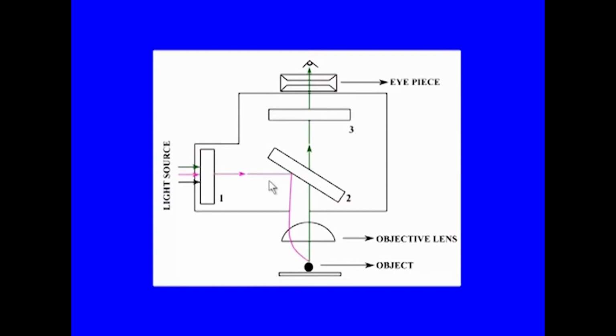Now at number 2 is beam splitter or dichroic mirror, which is a beam splitting mirror, reflects the light below 510 nanometer. So, it reflects the light below 510 nanometer, but allows the light above 510 nanometer to go through. So, the light is reflected and focused onto the object through objective lens, and this could be, you can say, condenser as well as objective, and then as it is focused onto the object, this object is excited